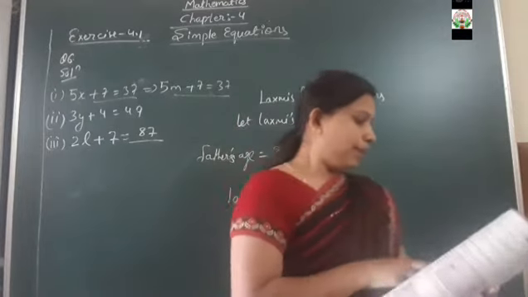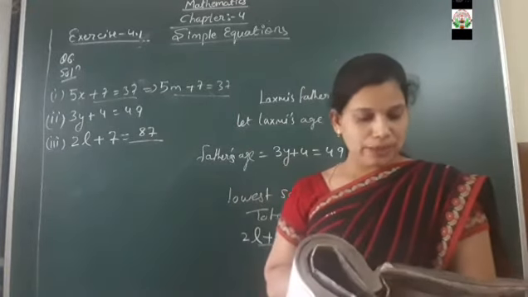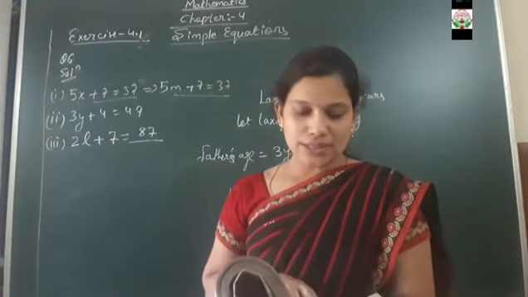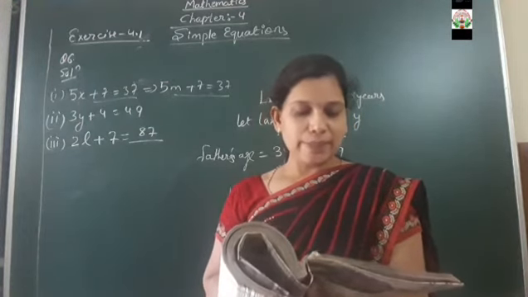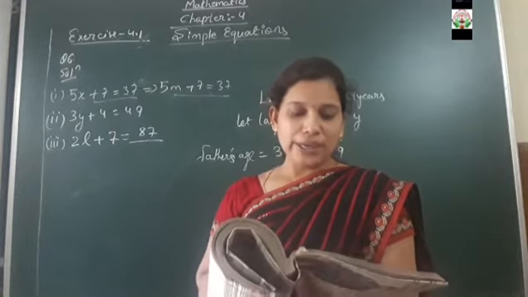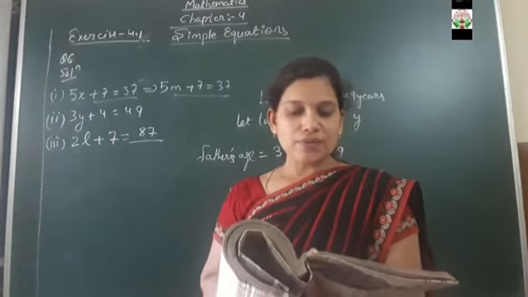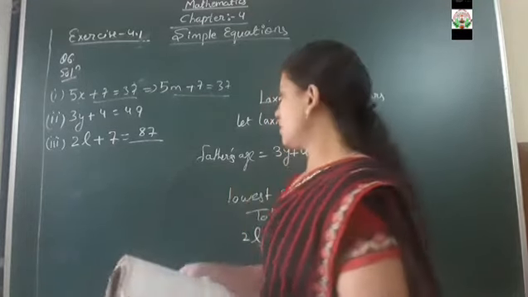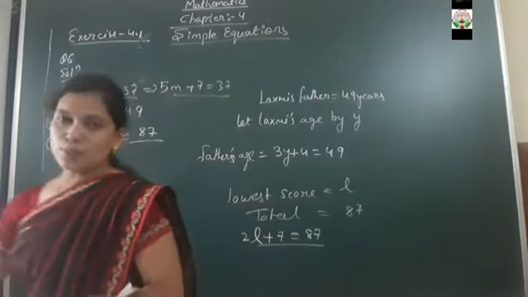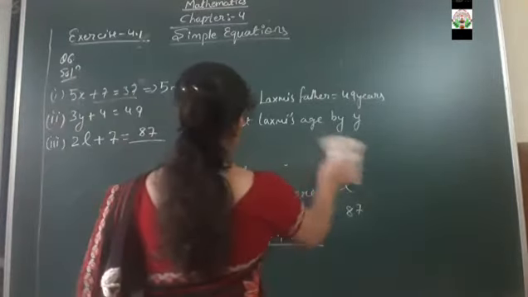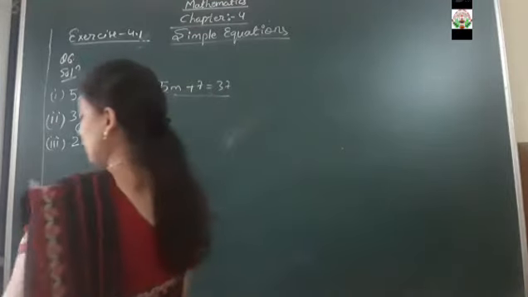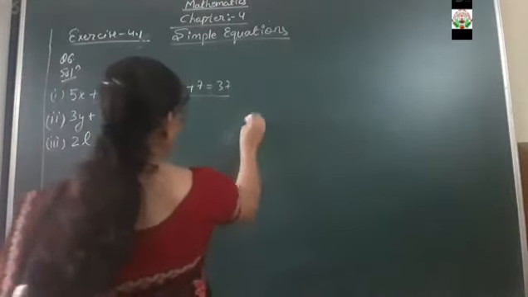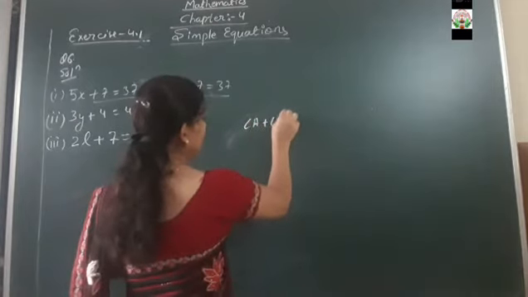In the same way, for the fourth part, in an isosceles triangle, the vertex angle is twice either base angle. Let the base angle be b degrees. Remember that the sum of the angles of a triangle is equal to... So dear student, what is the property? Angle sum property. The angle sum property says that the sum of the three angles of a triangle is equal to 180 degrees.